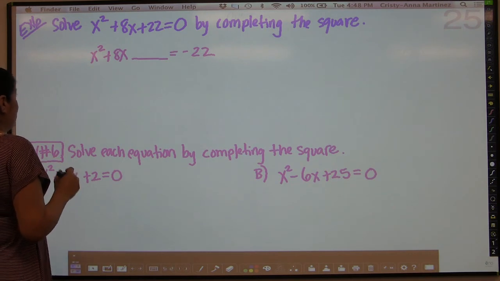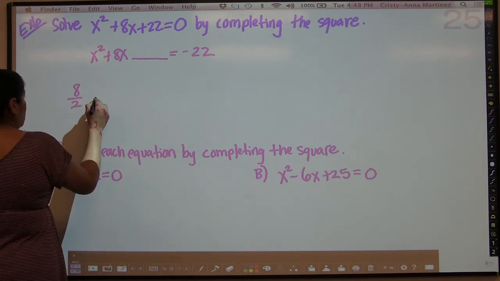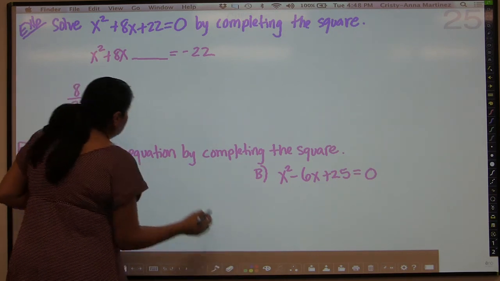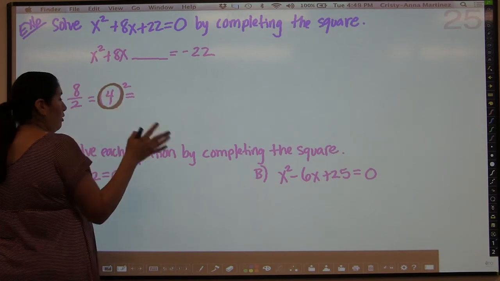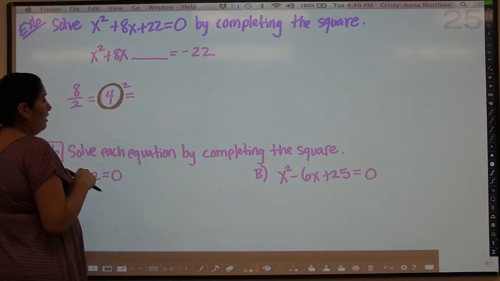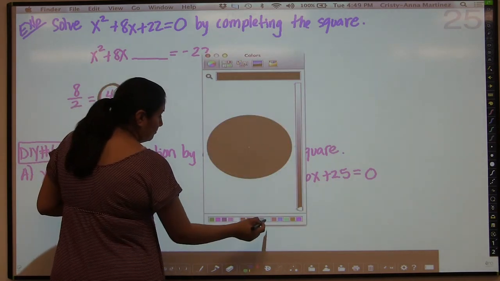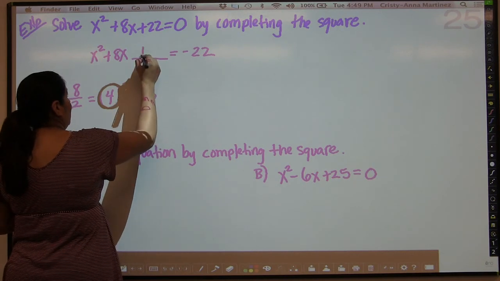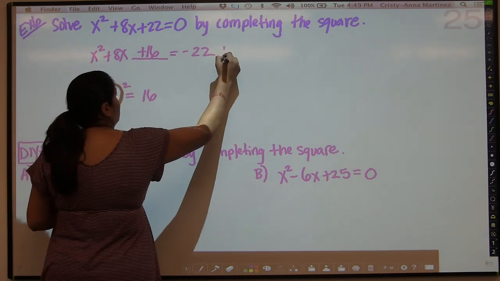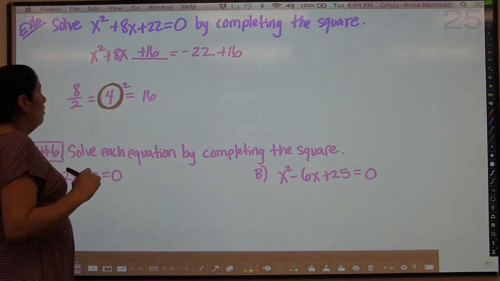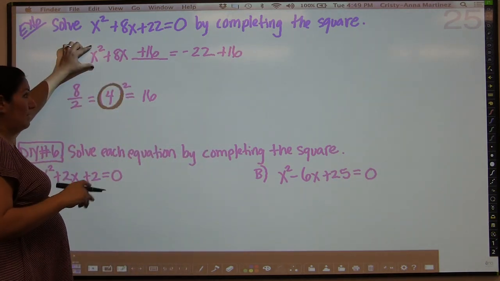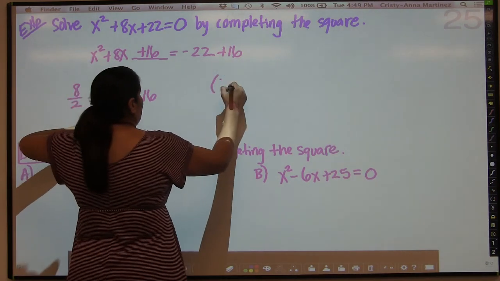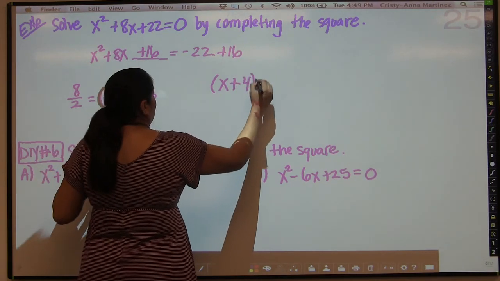And now I take my middle term, which is 8, divided by 2, which is then 4. I square that number, and I want to highlight that because that number is going to matter later on. That's the number that's going to go inside of my factored form. Okay, but for now, 4 squared is now 16. So what's going to go in the blank here is the positive 16 on the left and a positive 16 on the right. So now I can write this in the factored form, and again I'm going to skip the factoring part and just use my trick of the 4, and it's going to be x plus 4 quantity squared,